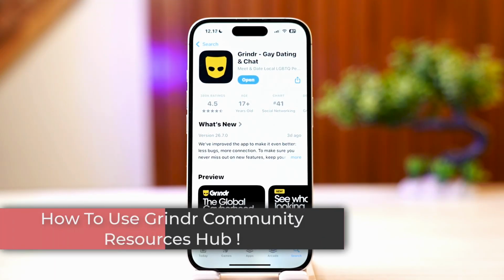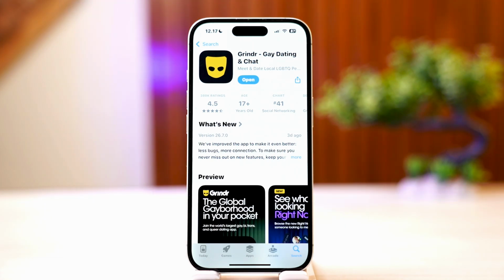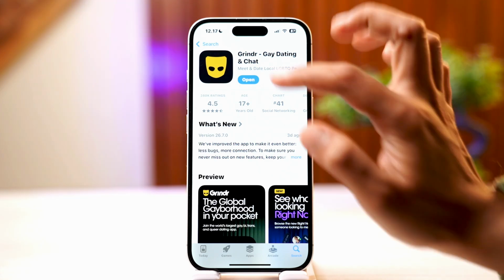So today we'll be talking about how to use Grindr Community Resources Hub. So let me tell you guys, Grindr provides community resources and safety information directly within the app to support its user base. These resources can be accessed through the Safety and Privacy Center, the Help Center, and specialized in-app content initiatives. In order to access these community resources, what you're going to have to do is go to Grindr